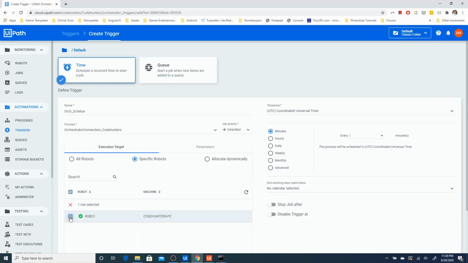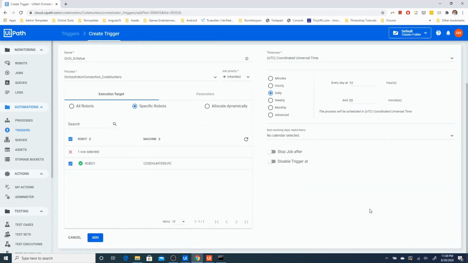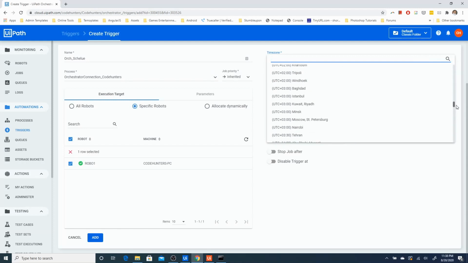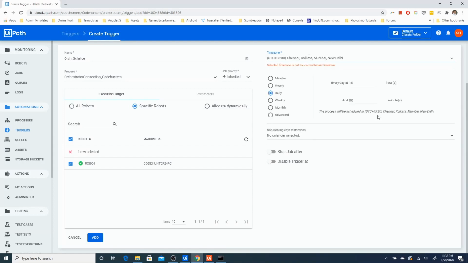I will give a specific robot and click one, and I want it daily at, suppose, 10:00 a.m. IST, so I will select the time zone as plus 5:30 for India, which is Chennai, Kolkata. It will give me a warning that the time zone is not the current tenant time zone, which is okay for me.